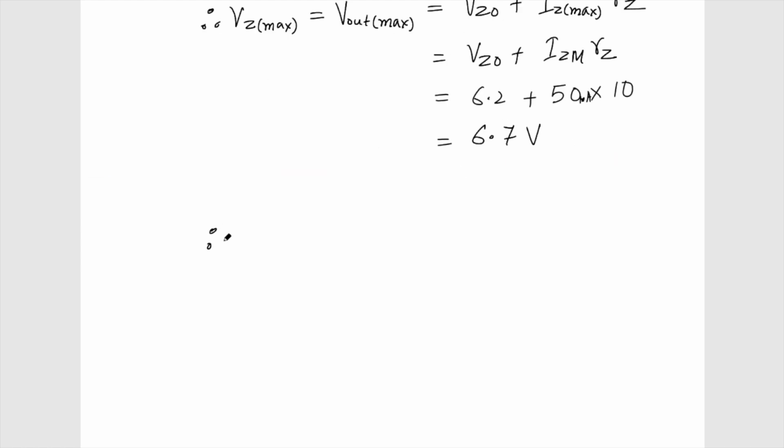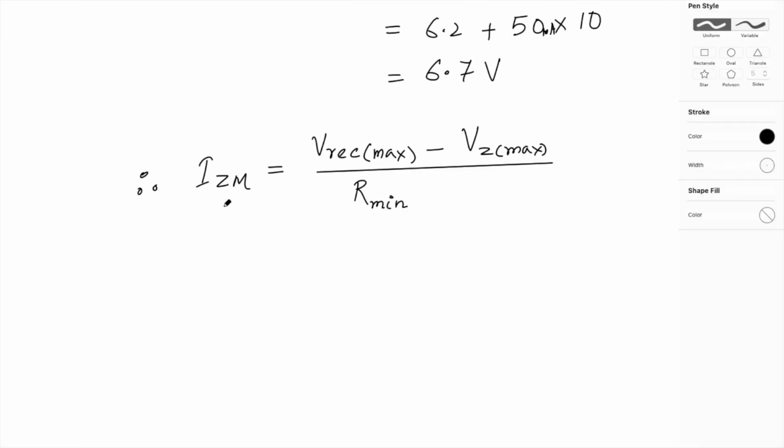Okay, so therefore my Izm is equal to the maximum current, which is V rectified maximum minus the Vz maximum, or the V out maximum, divided by R minimum. So if I just rearrange this equation and substitute the values, what I'll get here is